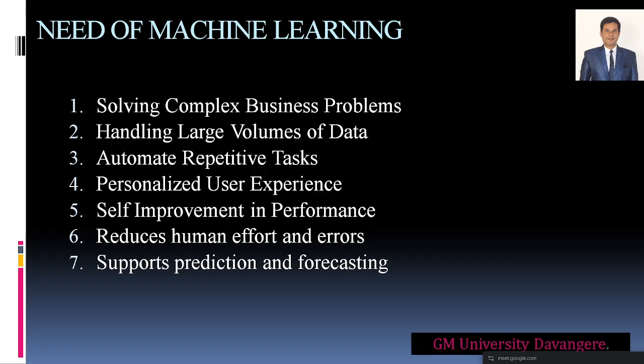So when you think about self-improvement in performance, every time the machine learning will try to understand what the users are giving, right? For example, if you browse any website, like Meesho, it will try to see when you purchase any clothes, right?